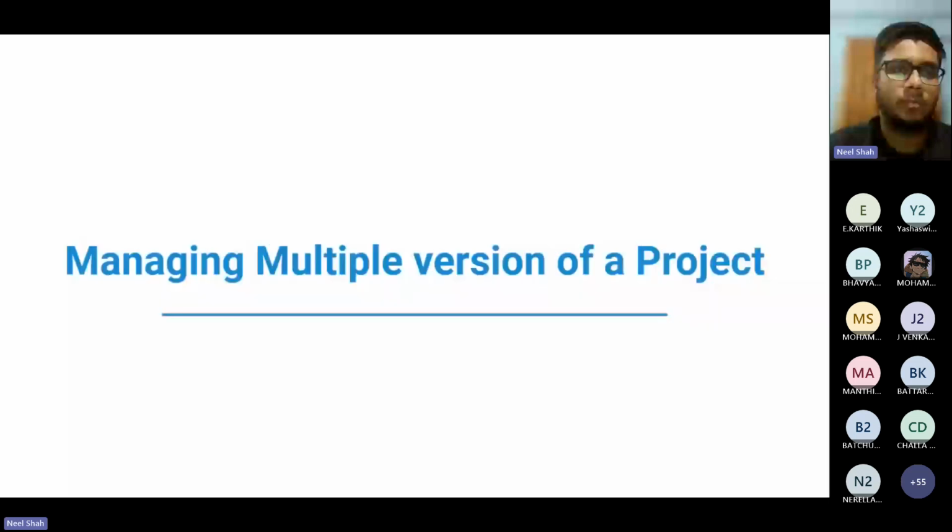Managing multiple versions of a project, as I told you, there are many features which are paid. If you see Hotstar or some application which has some paid features and some free features, they are managing both on the same platform. So we need to maintain different branches. Those who know GitHub also know there are different branches. If there is some premium or exclusive feature on another branch, only the person who has access to it can access it.